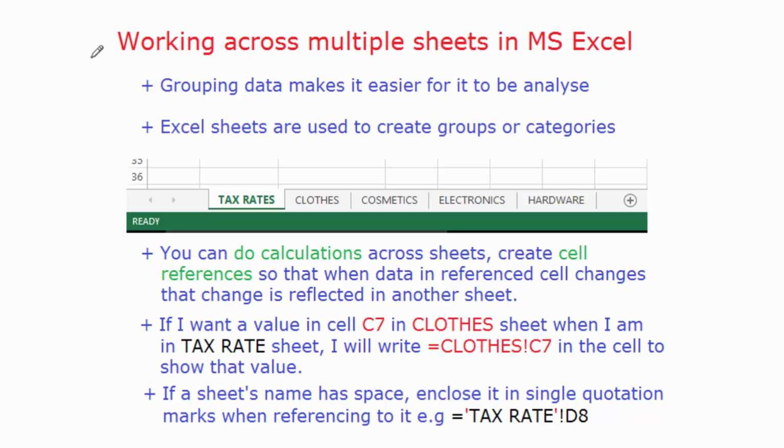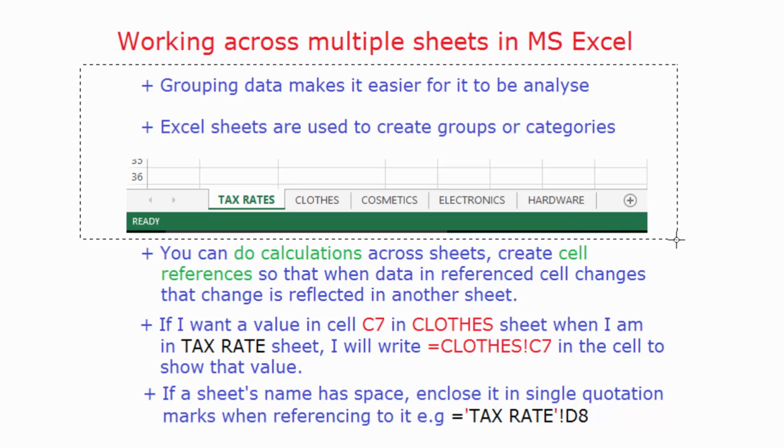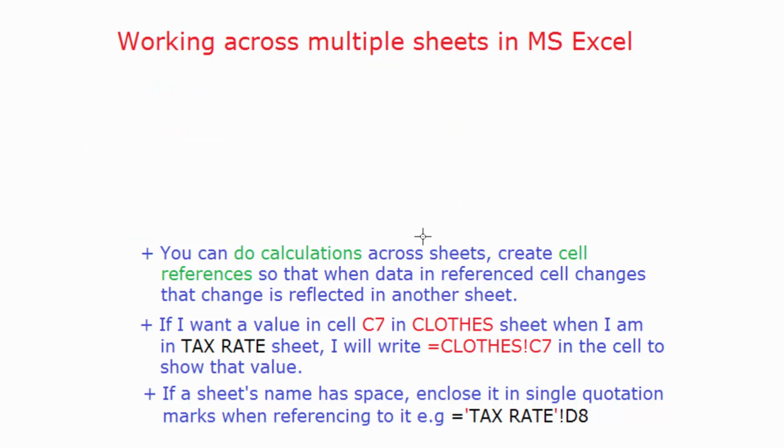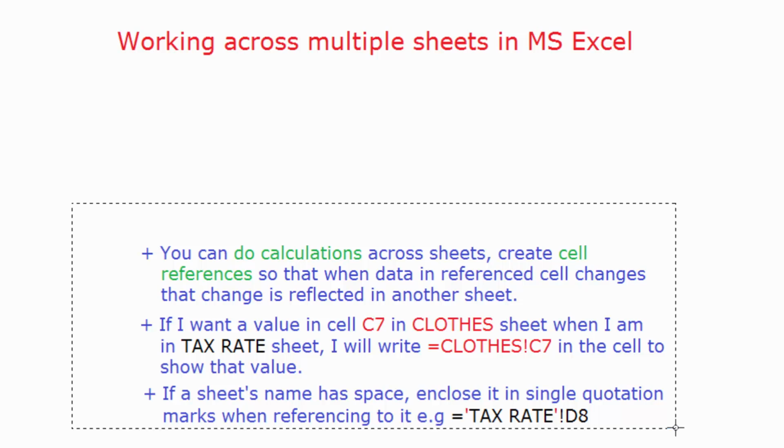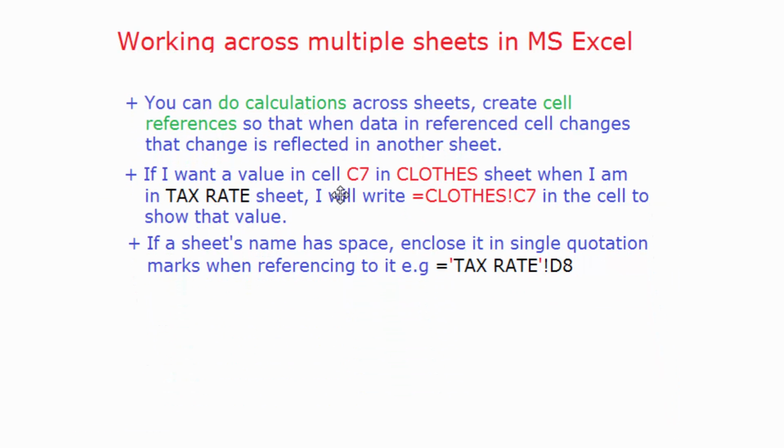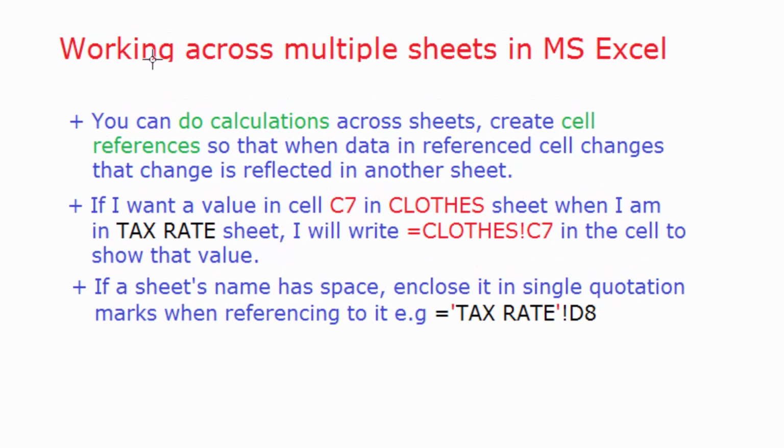Another important thing to take note of here is we can do calculations on the groups. If I want a value from one sheet to be used in a certain calculation, I can easily get it. And that one is very easy. If I want, for example, a value in C7 in the clothes sheet, I can refer to it by just writing this